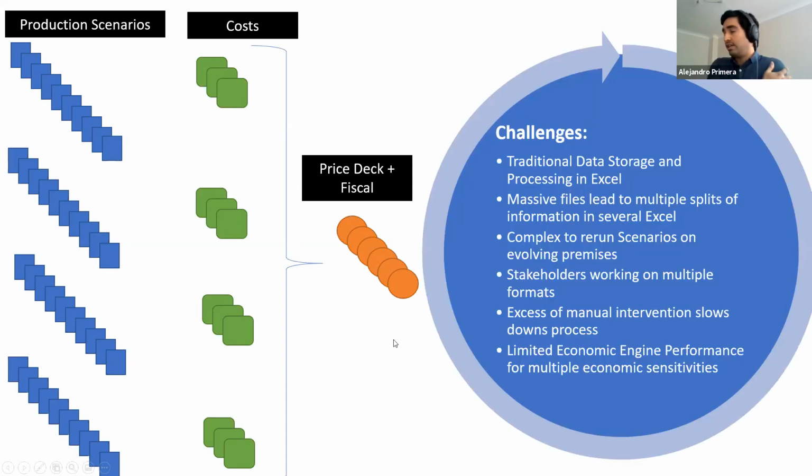So what are the challenges here? Well, the traditional data storage and processing of these workflows is in Excel. It's what I showed before. Which leads to a massive multiplication and a split of files, because what's happening, we usually work in Excel, and these files cannot contain the amount of information that we need to handle in order to progress with the evaluations. So we have to split all the different studies, and it's very complex to run the scenarios as the problem